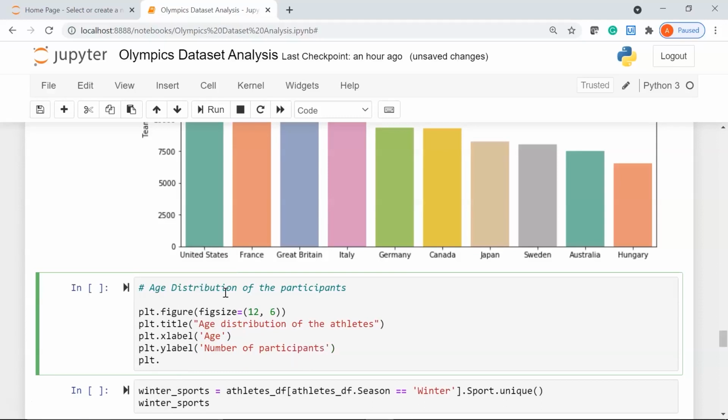Next, I'm going to use the hist function. So I'll say plt.hist, and I'll pass in my data frame, that is athletes_df.age, which is my column name, comma, I'm going to pass in the bins. For that I'm going to use the np.arange function. So np is for NumPy, and inside this I'll say 10, 80, 2. So my bins will start from the value 10 and go until 80 with a size of 2,